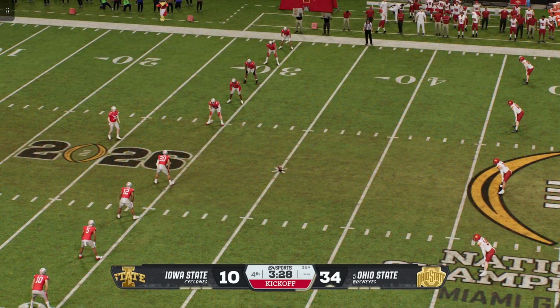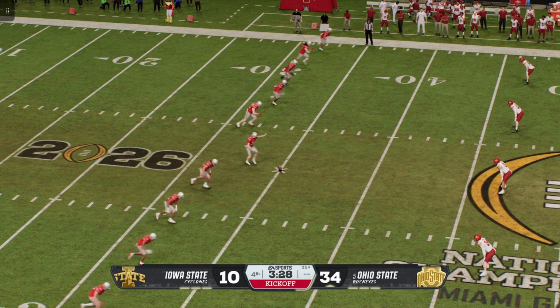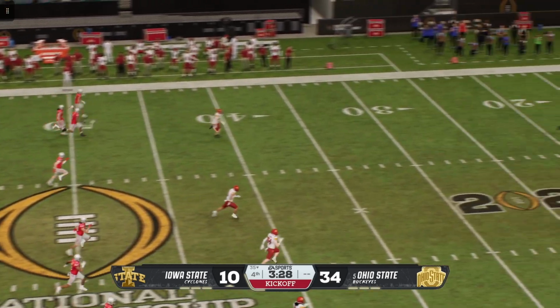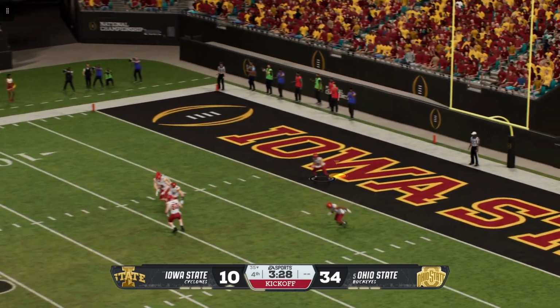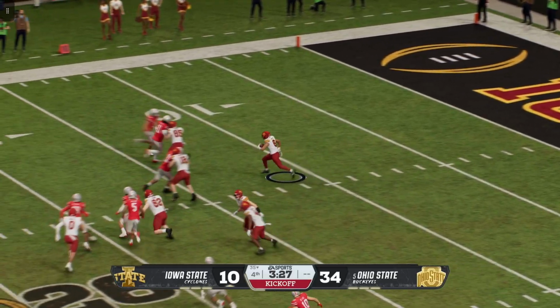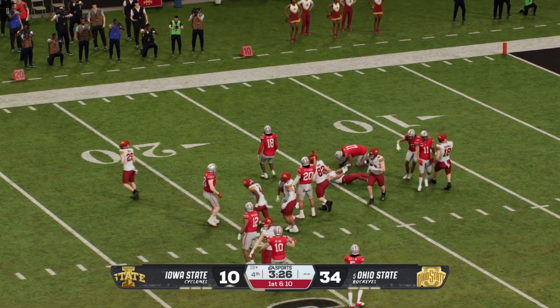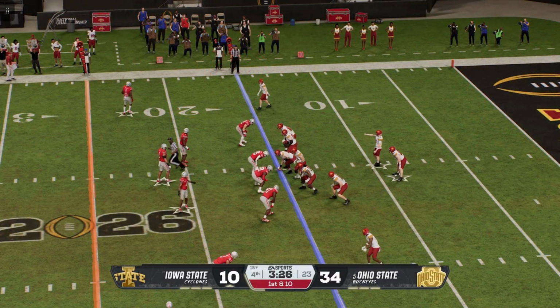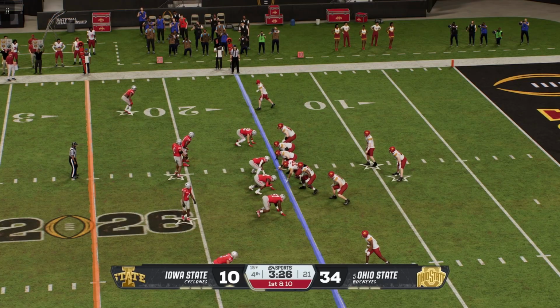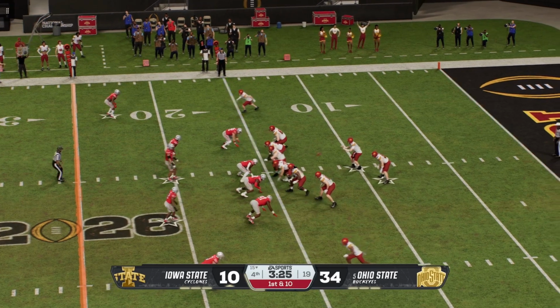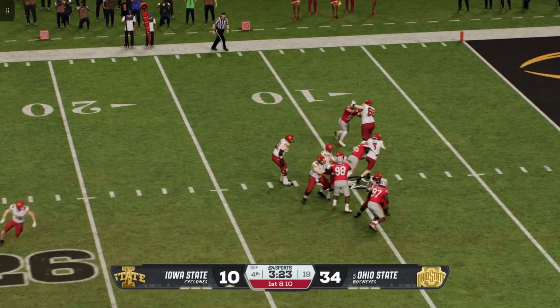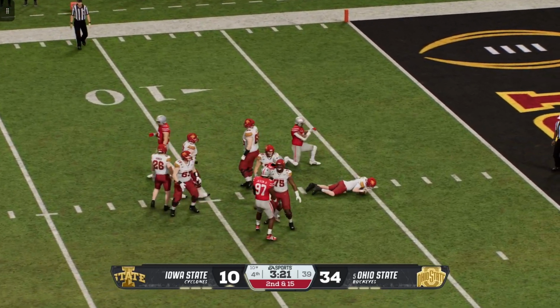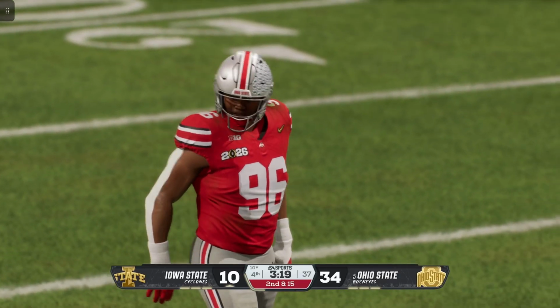So after adding to this big lead, they'll set to kick it away. Bringing it out, it's Green. And the coverage team gets the returner to the ground. And the Cyclones offense is back out on the field now. They were held to a quick 3-and-out last time, looking to put together a positive drive here. They trap him and sack him back at the 10.